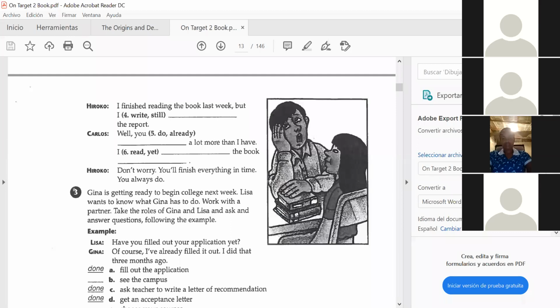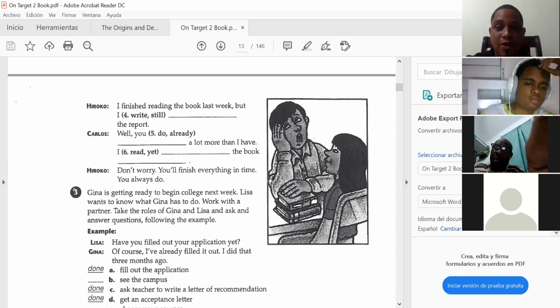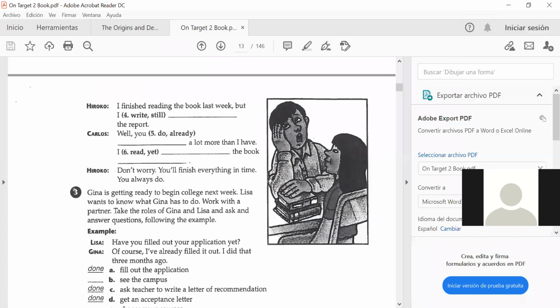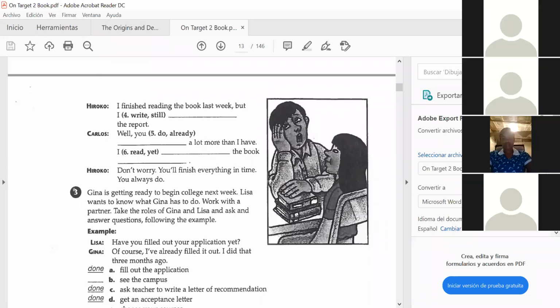Well, you haven't done already. No. Okay. I don't know. Think, already. Do you use it for negative or for positive? Already is used for positive sentences. Affirmative. You almost got it there. Positive. Yeah, she almost got it there. Well, anyways,